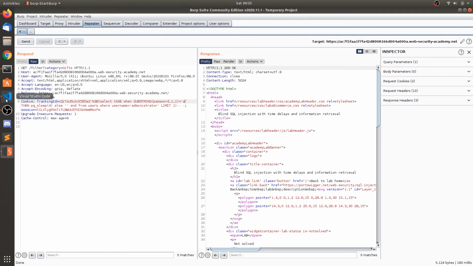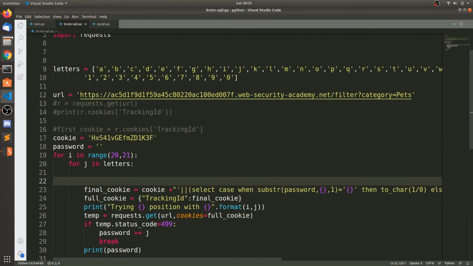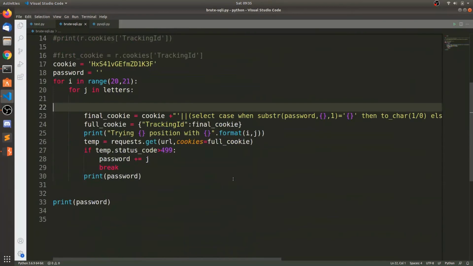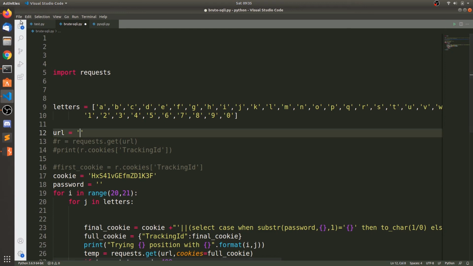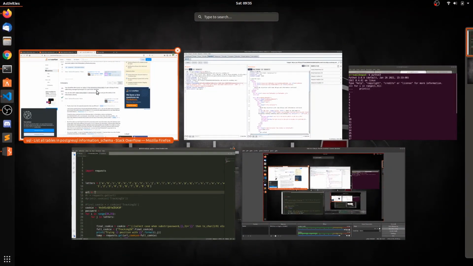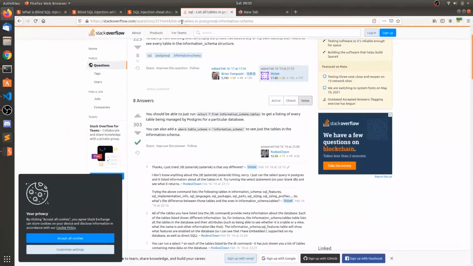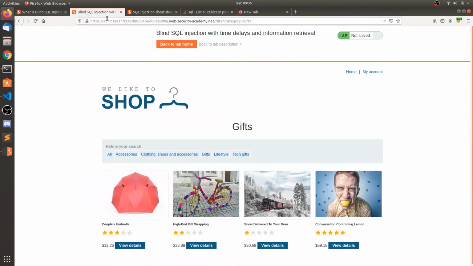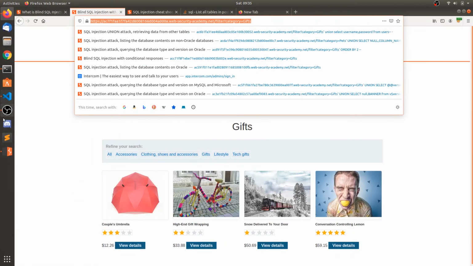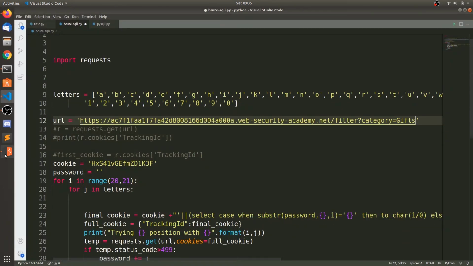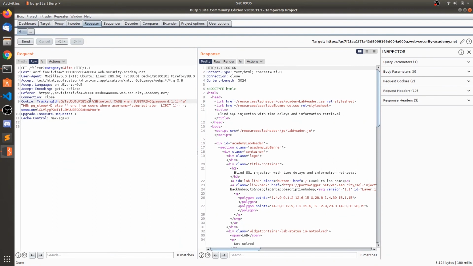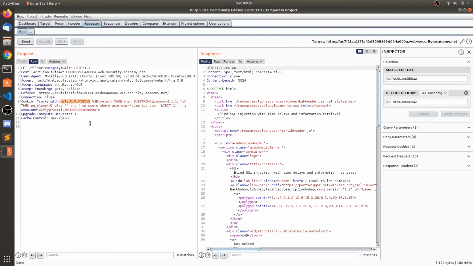So what you can do is you can use brute force. I am using the previous Python script which I have shown in the previous videos. So we need to change this URL. Copy the URL, now paste here, and then we need to change the cookie, or you can get a new cookie by using requests.get.